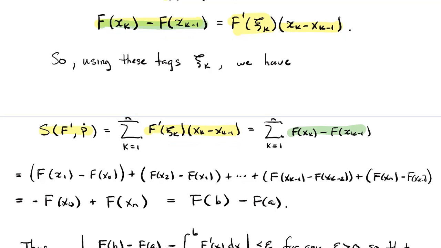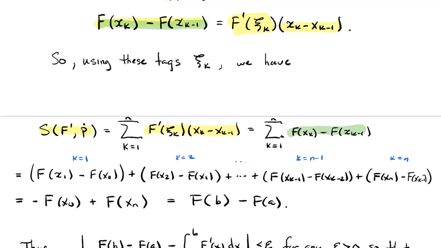If we write out that sum, I tried to make it a little easier to see what I'm doing. If I let k equal 1, I would get this term right here, F of x1 minus F of x0, and then here's the k equals 2 term, and so on. This would be the k equals n minus 1 term, and this is the k equals n term. That's a so-called telescoping sum. Lots of the values in this sum show up